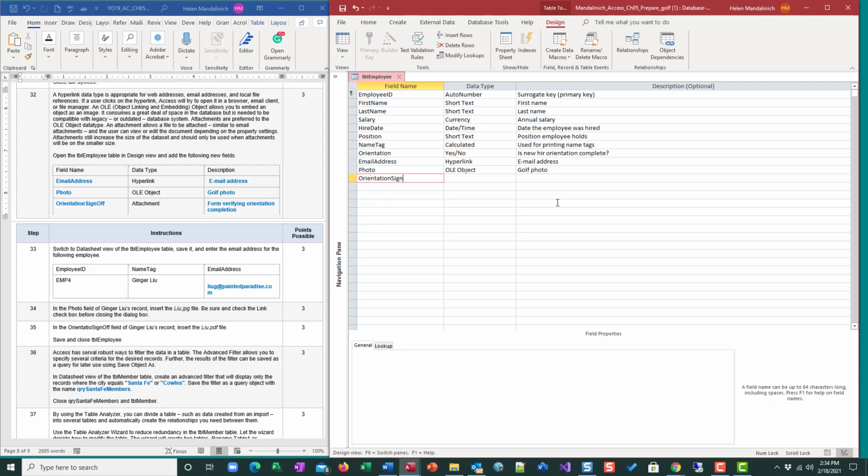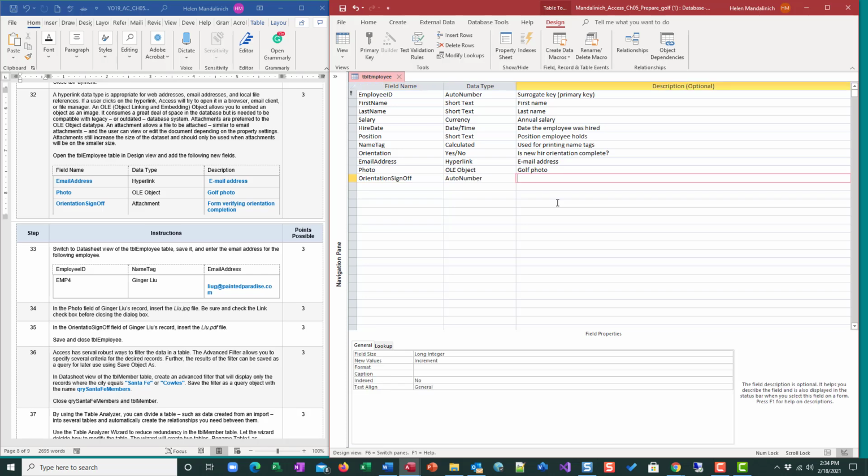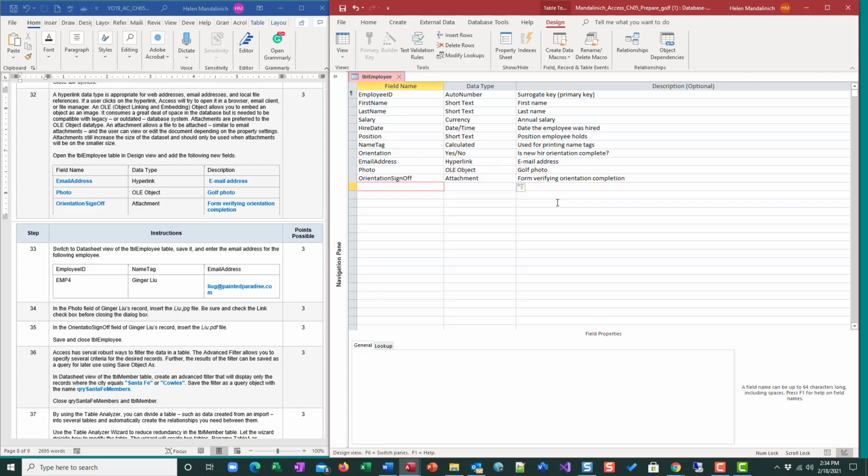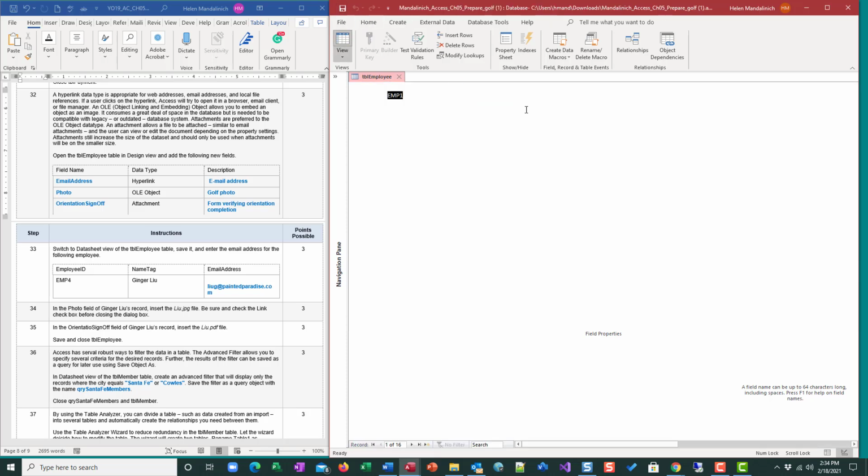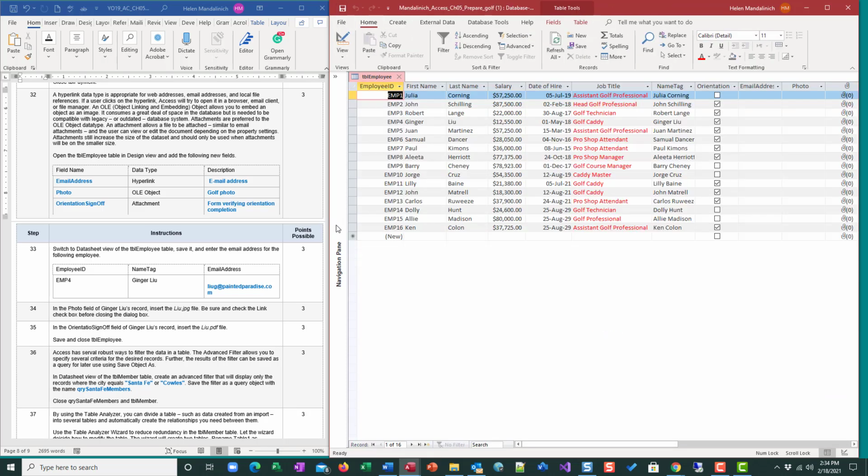Orientation sign off is an attachment. Oops, attachment. Form verifying orientation completion. So this could be a Word file, a PDF file, it could be whatever, all right? So we're going to save that and turn to